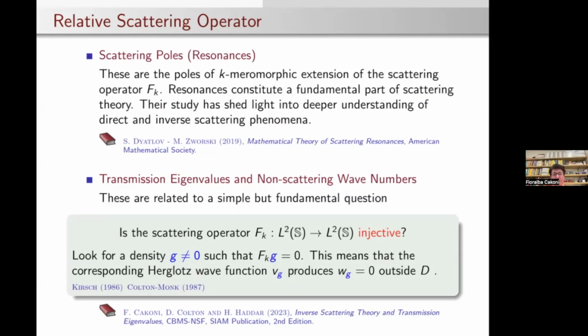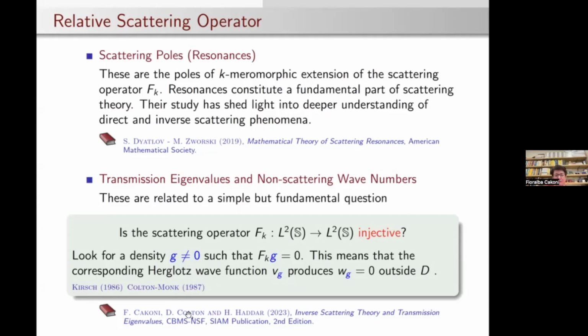In fact, before 2010, a lot of work was done in the context of spherically symmetric media, where you see a perfect non-scattering for particular wave numbers. Anyway, a lot of literature,